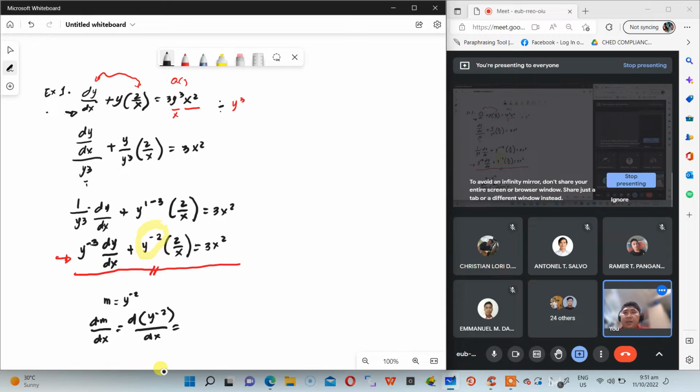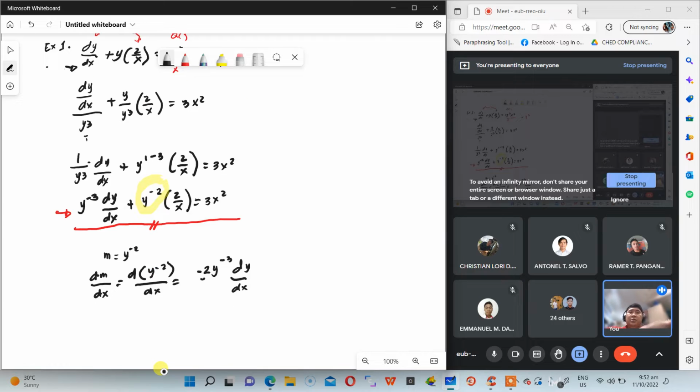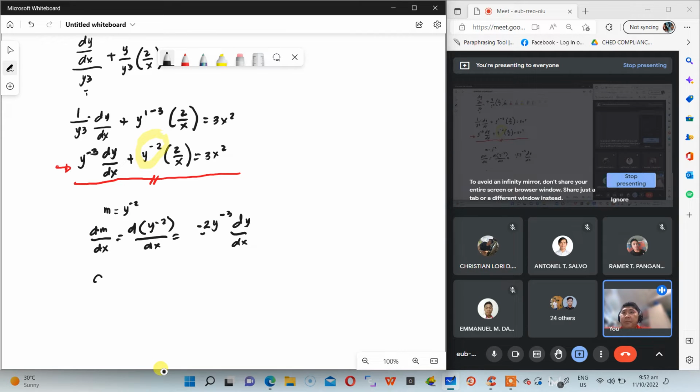Meaning, the derivative of this is negative 2y raised to the power of negative 3, since that is minus 1. So the derivative of this is like this one, over dy over dx. So, let's just place it there. Our dm over dx is equal to negative 2y cubed